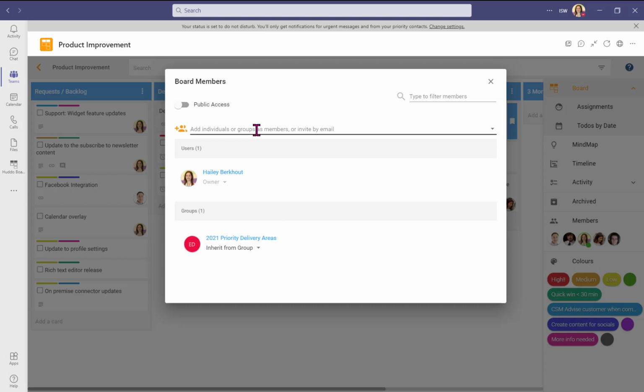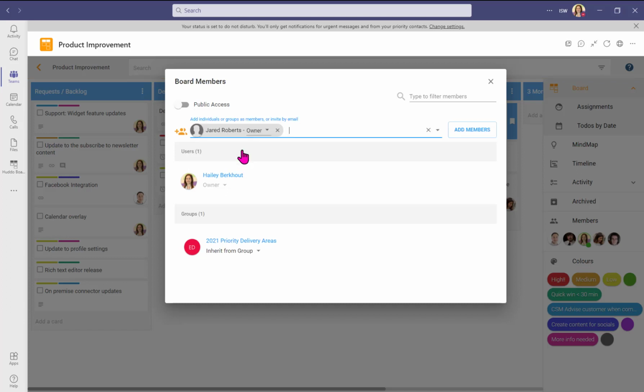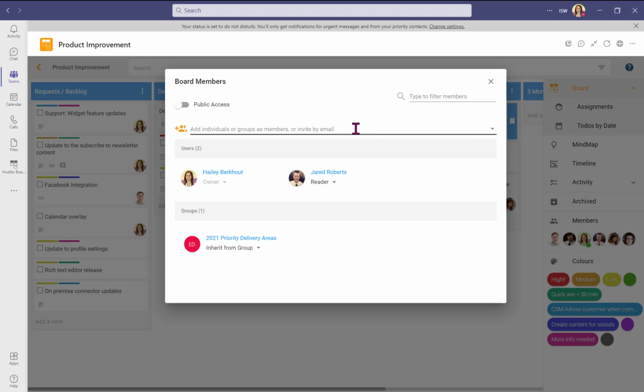However, if there was someone who was not working in this team that I wanted to add in, I could come in here and search for them within my organization, find them, choose their level of permission. So I'm going to put Jared as a reader, and I can add him as a member. So he'll get an invitation to come into this board, and then I'll be able to assign him tasks or let him know